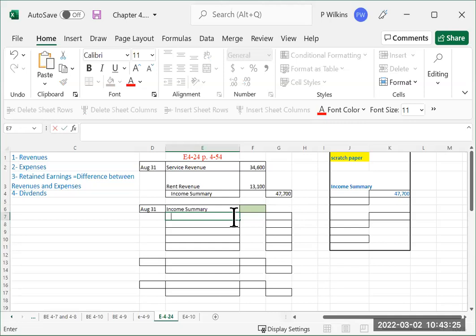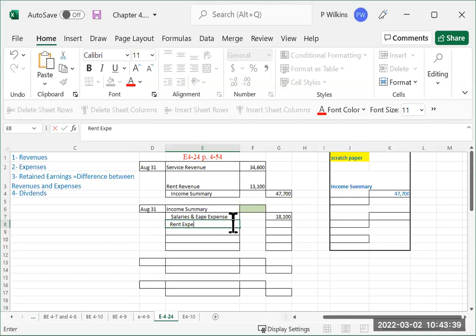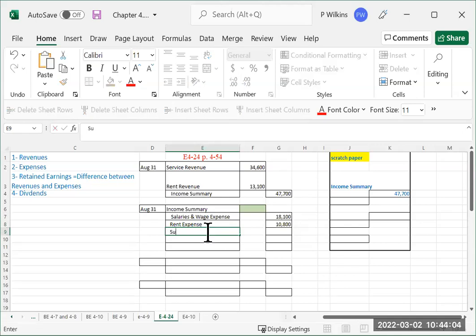So we have salaries and wage expense. And we're going to credit that $18,100 to get rid of that. We have rent expense, and that's $10,800. And the order that you put the expenses within the expenses doesn't matter as long as you have the expenses after the revenue entries. Okay, I would just put them in the order they show in the adjusted trial balance that they're showing you. Okay, then we have the supplies expense,